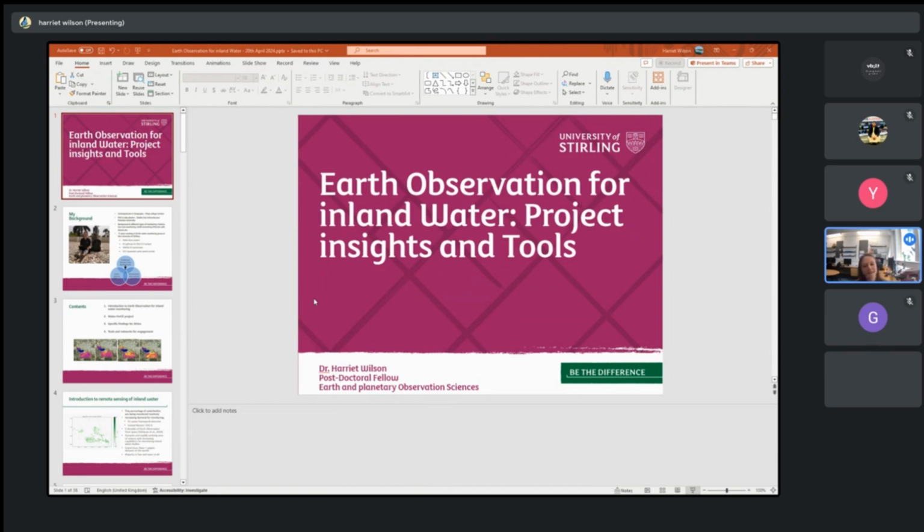So the types of sensors that we're looking at for inland water are optical sensors and radar sensors. Optical sensors are passive, which means that they don't send energy, they just read reflectance from the Earth's surface or from the water surface, and they measure this reflected solar radiation in the visible and infrared spectrum. When you think about what you can measure with an optical sensor, you can kind of think about what you can see, so color, clarity, brightness, and then